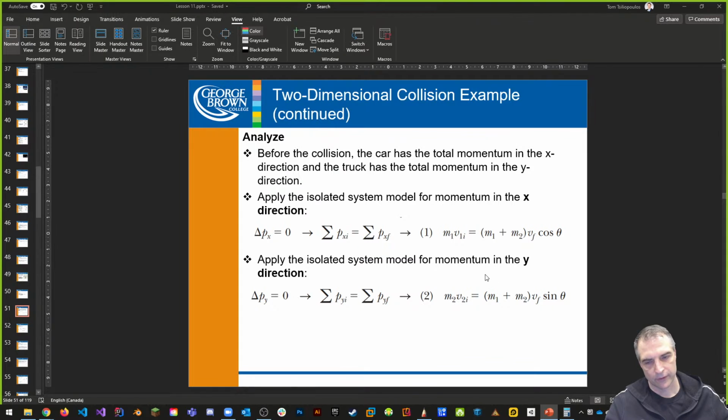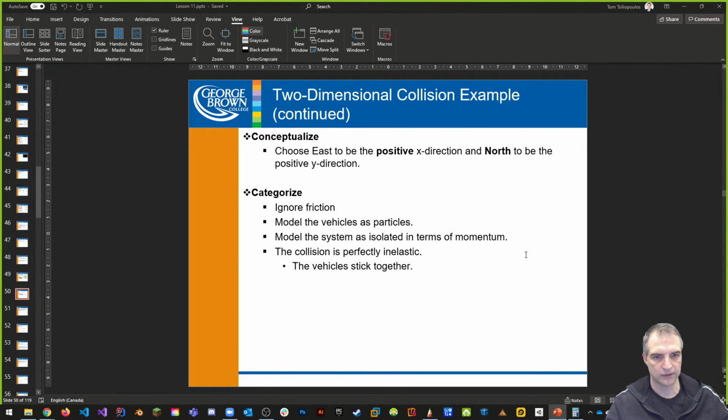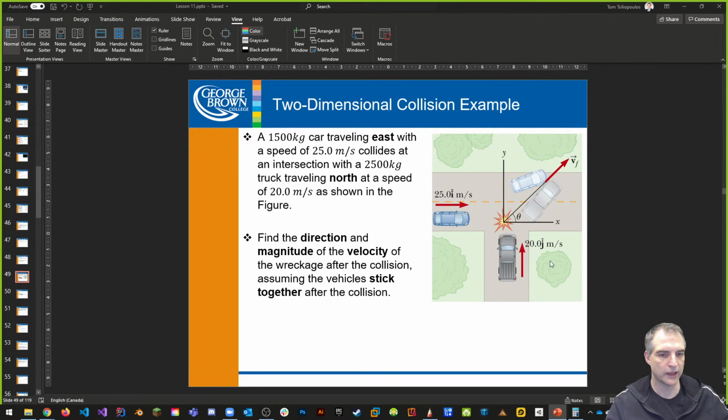All right. And this is easy to calculate because in this case, the car had no lateral values. There's no x component here, and the truck, I mean, the car had no vertical components at all. It only had a horizontal component, an x-axis, right? So there's no up and down motion, like north-south motion. This has no east-west motion. So therefore, we've just isolated it on the x and y axis. It's a very simple problem.